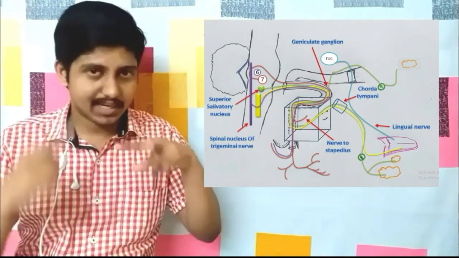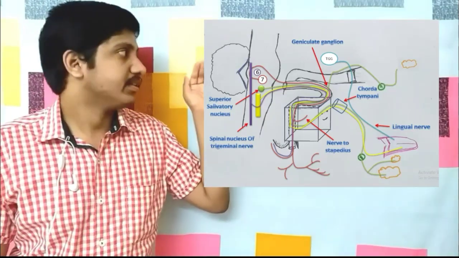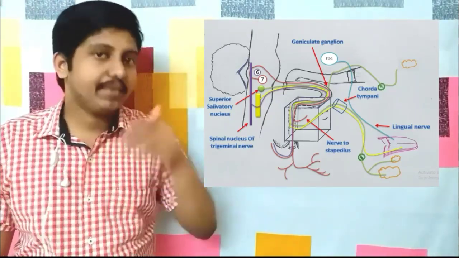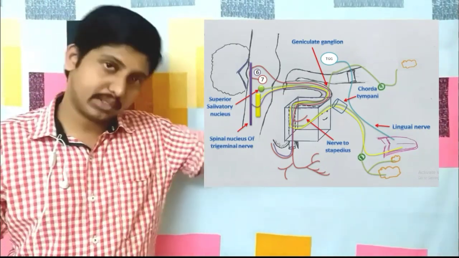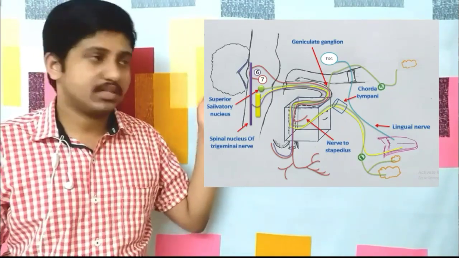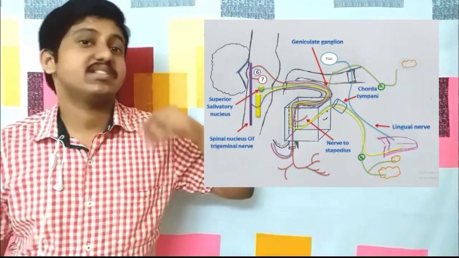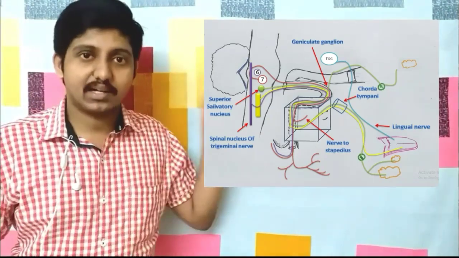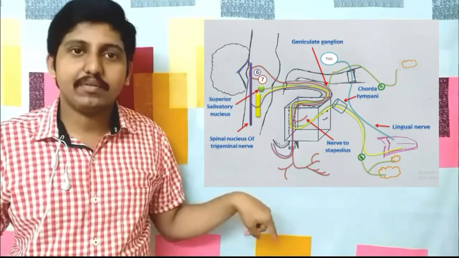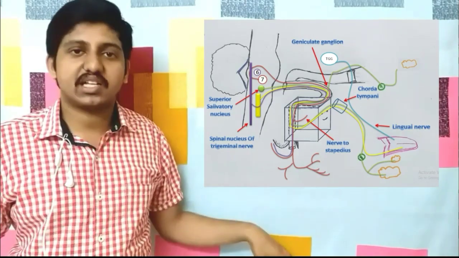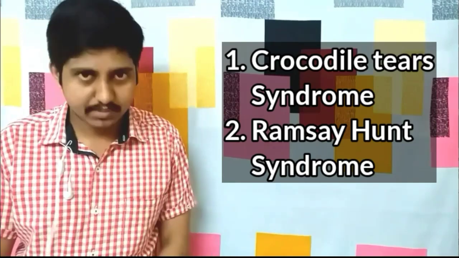Since the same parasympathetic fiber branches to the lacrimal gland as well as the salivary gland, sometimes the nerve fibers to the salivary gland may regrow into the fibers going to the lacrimal gland, or the signals, instead of going to the salivary gland, may go to the lacrimal gland due to various other reasons. So in short, the signals, instead of being fully sent to the salivary gland, partly go to the lacrimal gland. That's all.